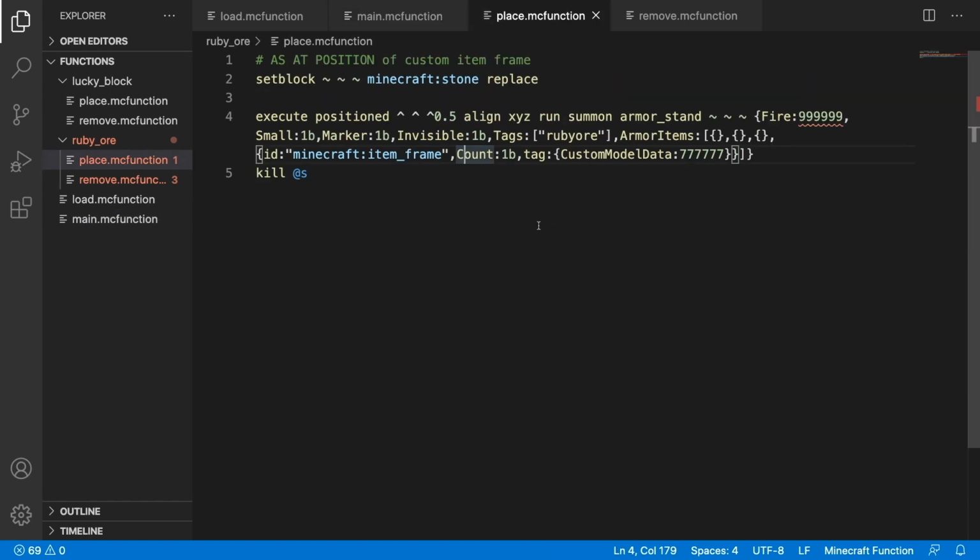So inside of place.mcfunction, we have a similar concept but different commands. So what happens here is, of course, we set the block to stone after we place the item frame, but instead of marking the item frame as placed, we are replacing it with the on fire armor stand. So what you want to do is execute